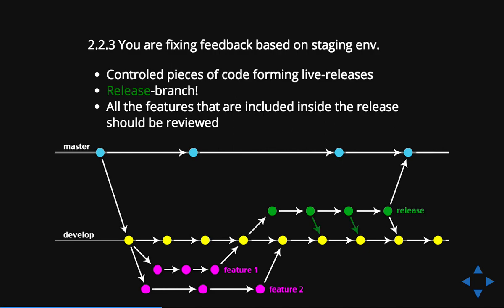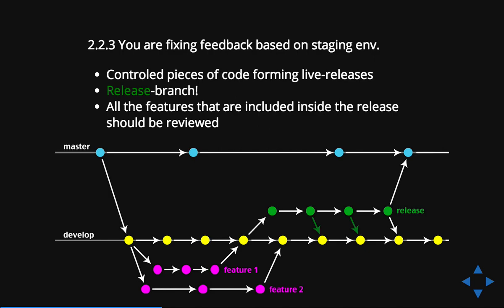If you're fixing review on feature 1, when you wouldn't have a release branch, you would be committing into develop, and then another feature merges into develop that breaks your feature, and you get another review, and you get another feedback, and you start working on the feedback of the second feature. And it's a process that will never end, because the website is never really 100% finished, or at least not in the development process. So Envy thought of the solution as